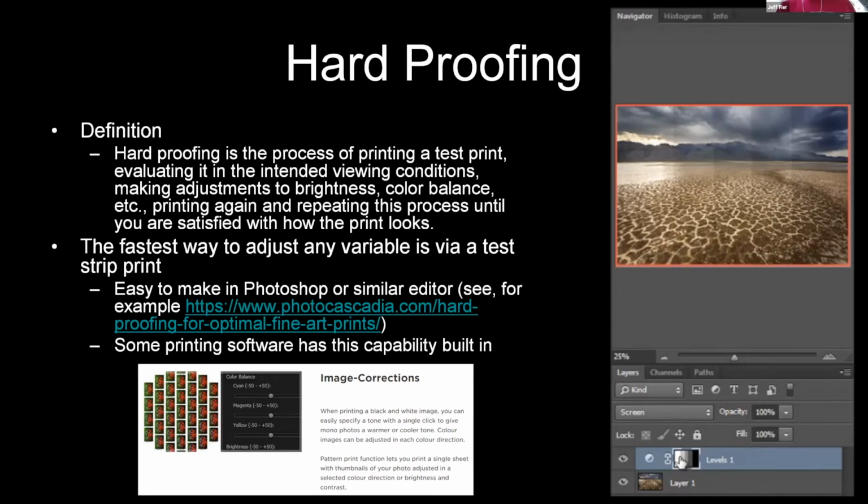And I'll get a print that matches what's on my screen. Some printer manufacturers, and in fact Canon is one of them, provide software that comes along with the printer, and that software can do this test strip print for you. I show that on the bottom left-hand part of the slide, where they give you the ability to adjust